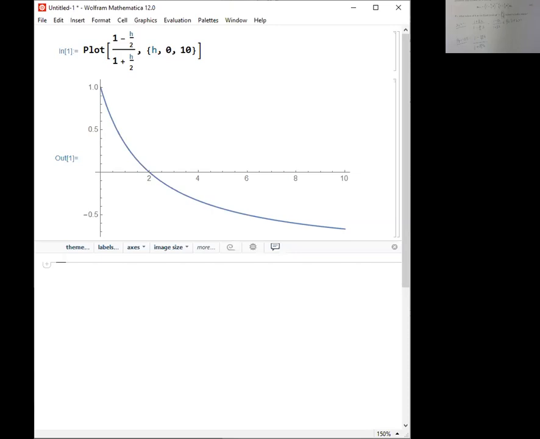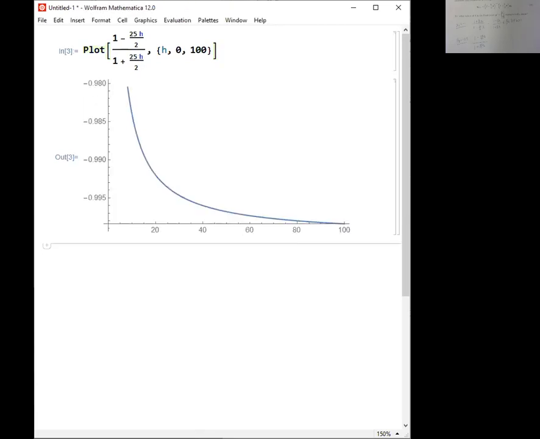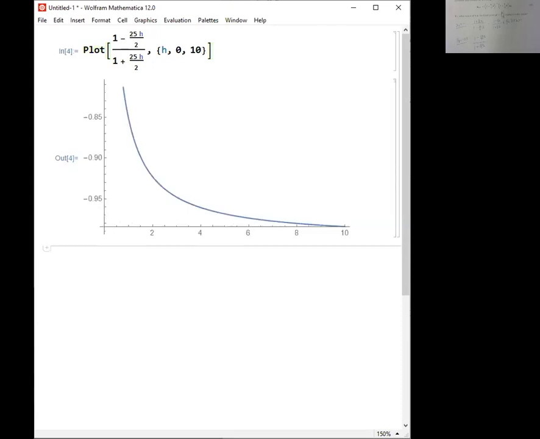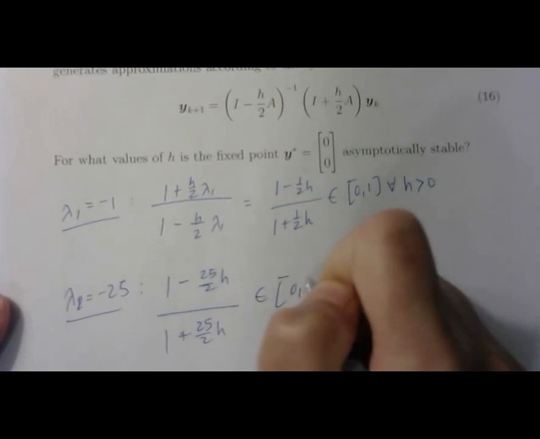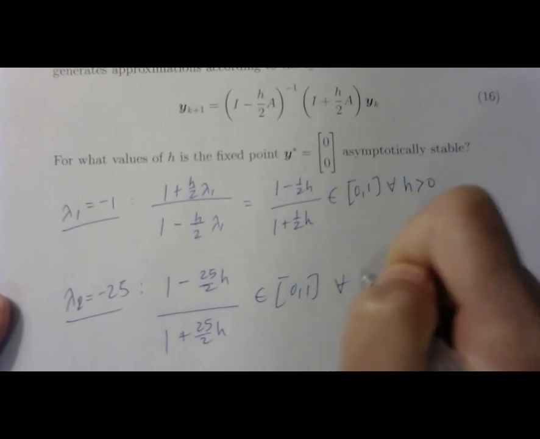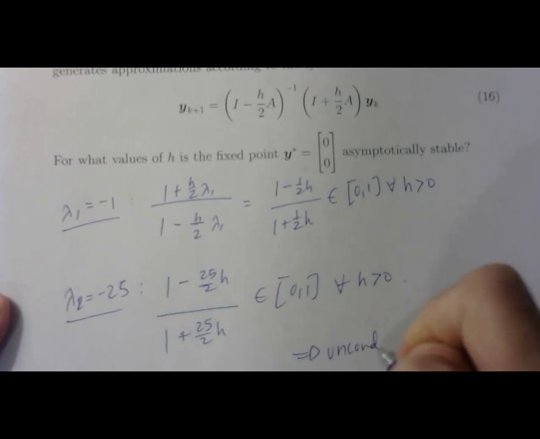So it's always between 0 and 1, right? As h gets really, really big, it's going to approach -1, but it's looking always good. Yep. And then the same thing if I put a 25 on top. 25. Same thing. Okay, great. So that means these guys always live from 0 to 1 for all h positive. So again, unconditionally